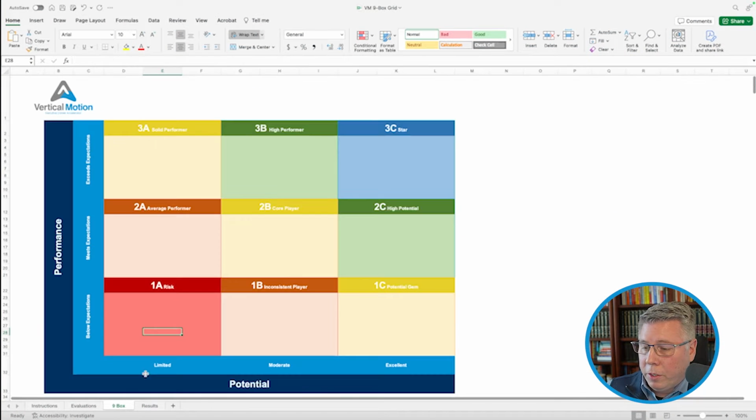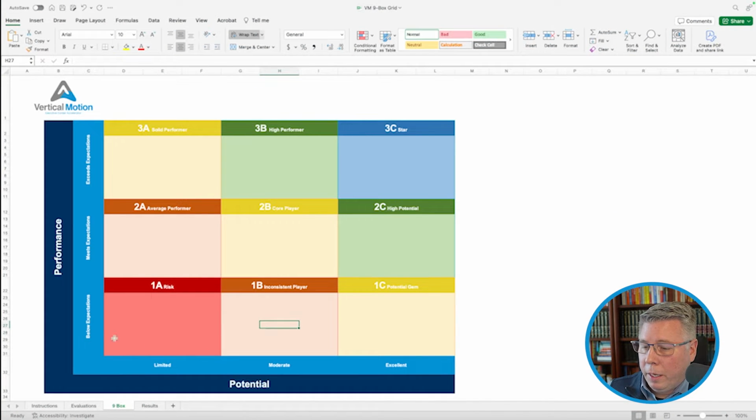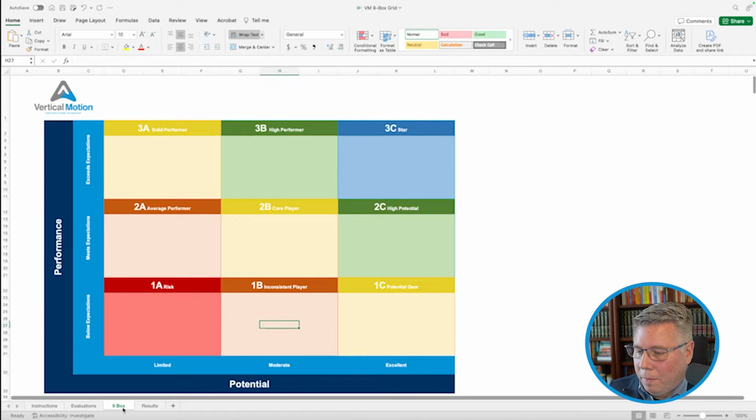So they're in a bad role, they're in a bad organization, they're in a bad situation, and you want to help them find the right place for them, which may be outside of the organization. All right, so one box over, if you look at someone that has poor performance but moderate potential, well, that person is